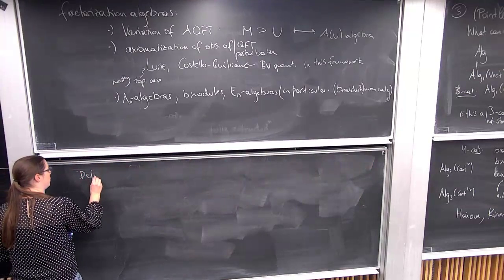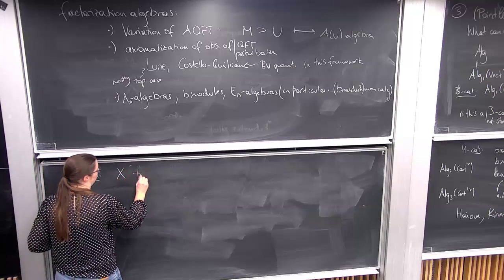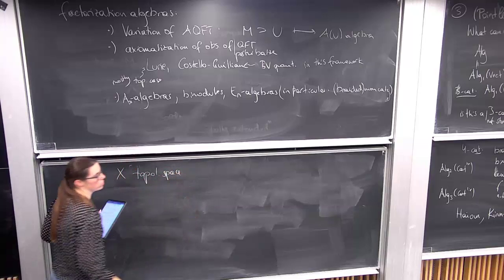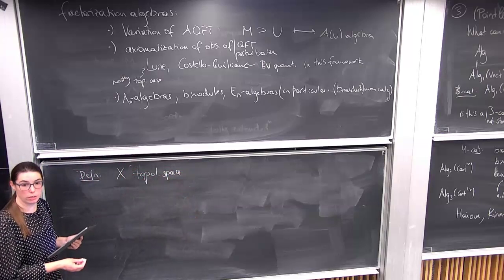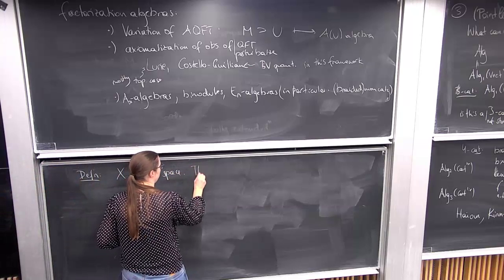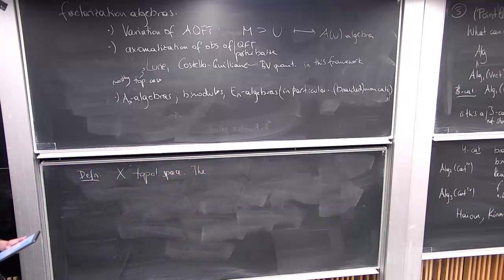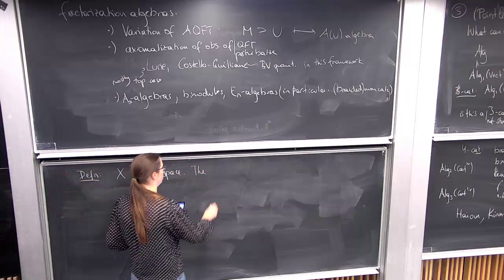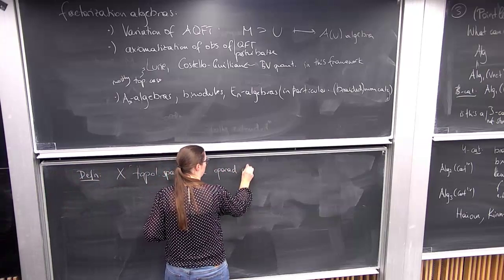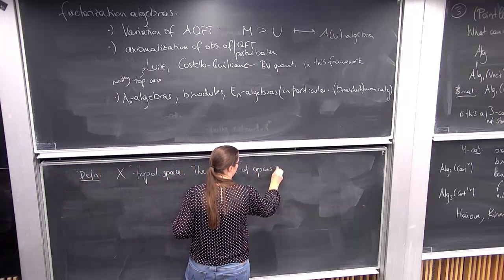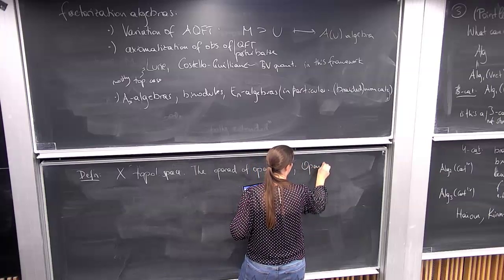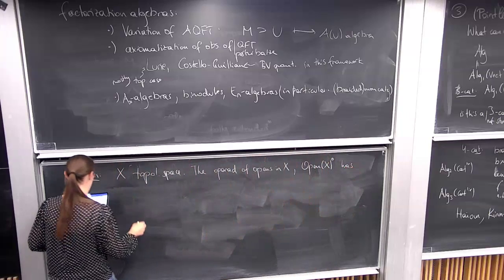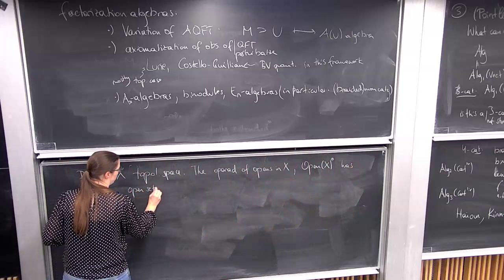So, definition. X just has to be a topological space for us to define this thing. And it will always be a manifold later on, but we don't need it. And then the language that is used to fully describe what these things are is operads. If you don't know what an operad is, I'll do a down-to-earth description in a moment. So the operad of opens in X, we denote by Open_X^⊗, has open sets of X as colors